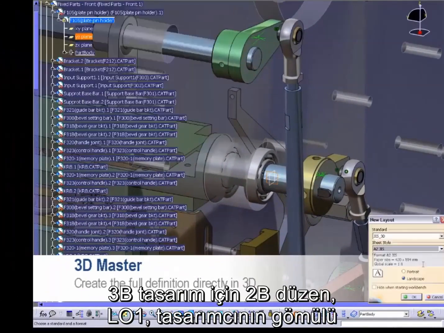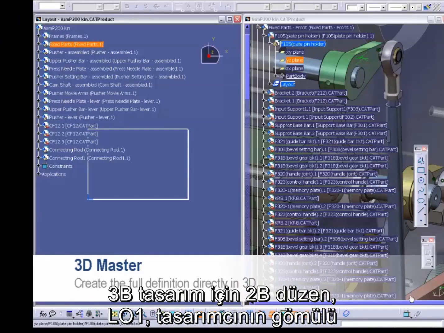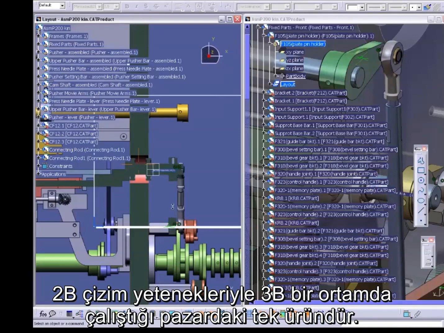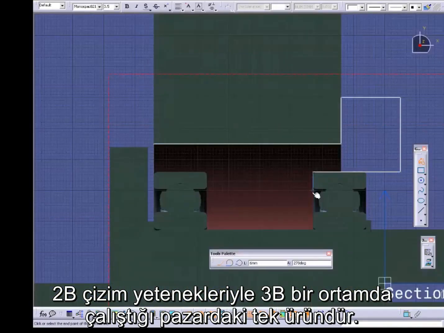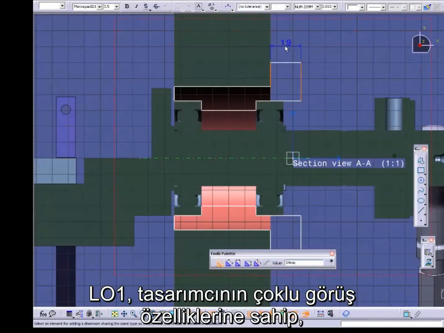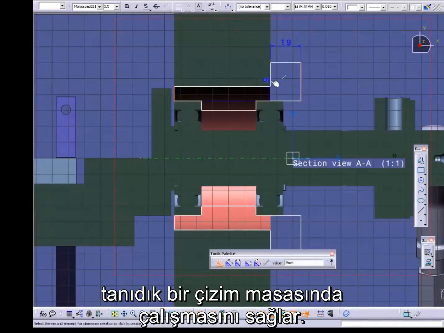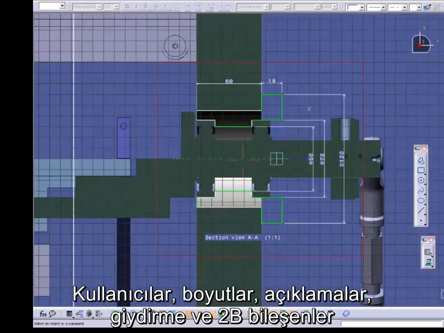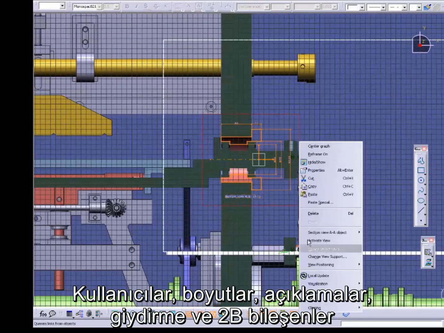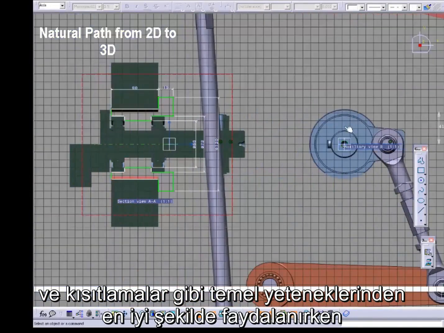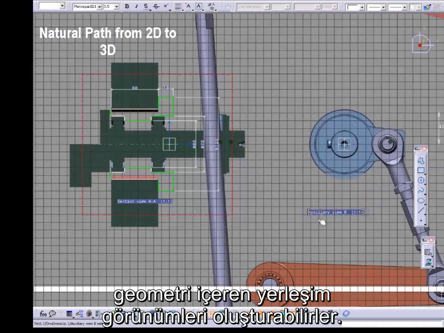2D layout for 3D design, LO1, is the only product on the market where a designer works in a 3D environment with embedded 2D drafting capabilities. LO1 enables the designer to work in a familiar drafting workbench with multi-view capabilities. Users can create layout views containing geometry while getting the most of their key capabilities such as dimensions, annotations, dress-up,